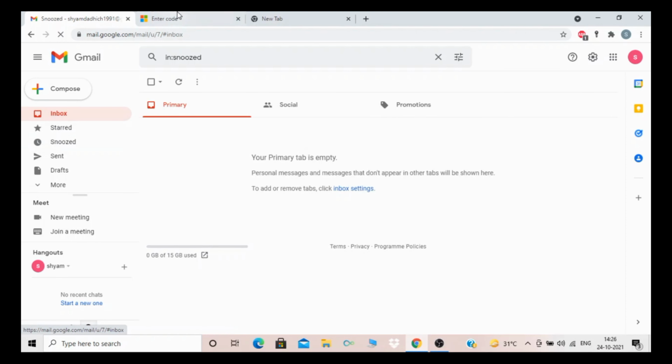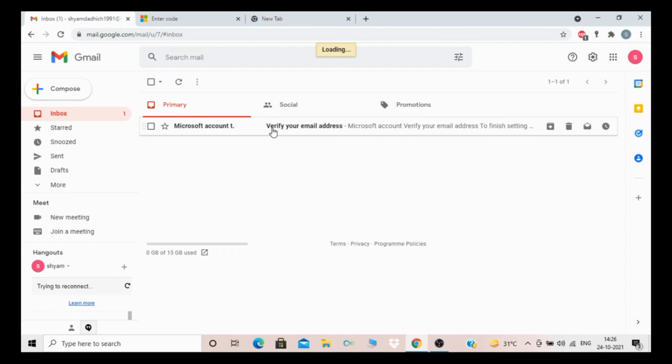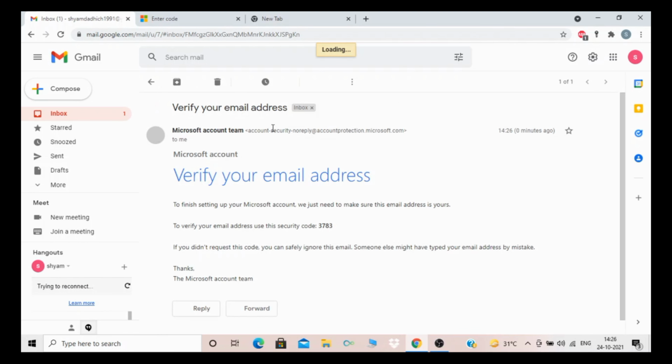So check that you receive the mail. As you see, they sent a mail. Now check, this is the code.